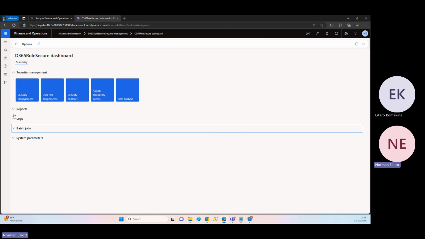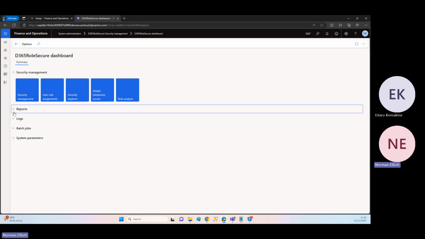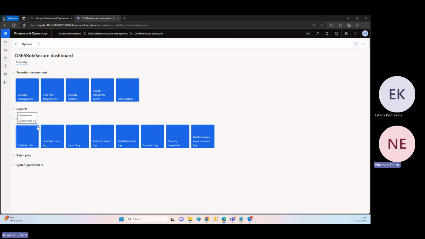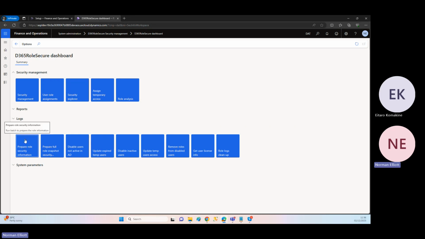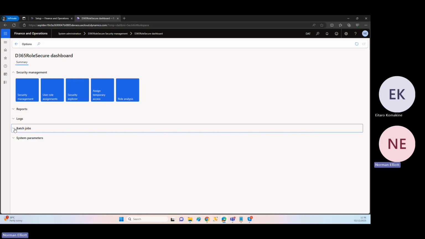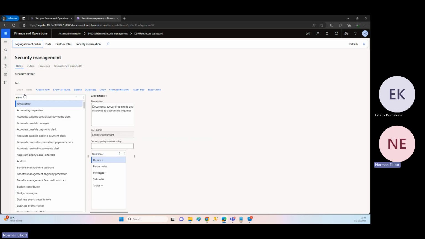We have reports, we have logs, which we have quite extensive logging in the system, like deleted roles, disabled users log, export, restore, etc. We have various batch jobs that collect the security information, disable users not active, etc. But if I start with the security management